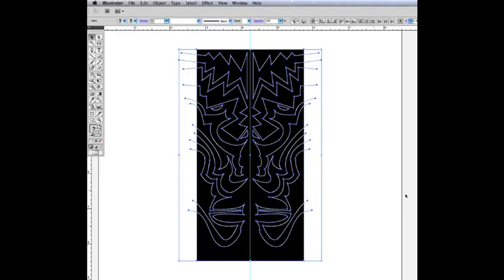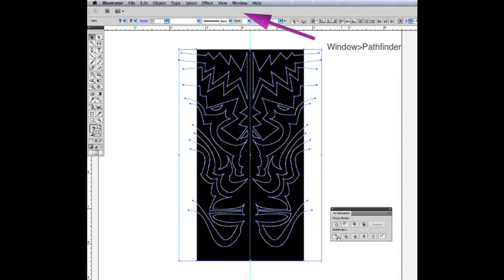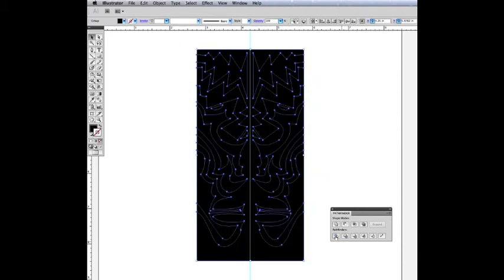So now we're going to use the Pathfinder panel located in the drop-down window. You're going to divide these, which is a feature of the Pathfinder panel, and it is this one. When I click that, it is as if I used a die cut and just cut through this piece of paper. You'll notice that, though, in this case, it doesn't always happen, and I know that can be confusing, but